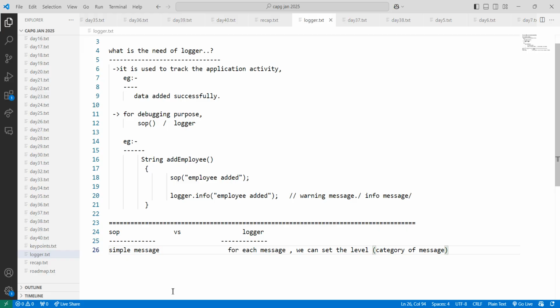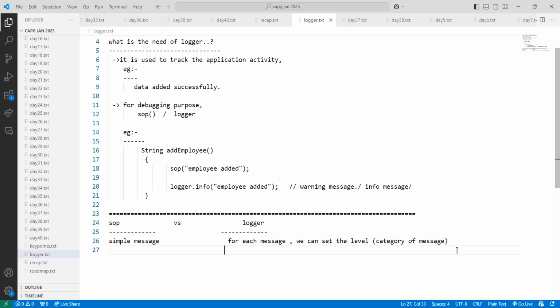I'll tell you, for each message, we can set the level, the category of message. We say it as log levels. If you see the practical, it is very easy, but the theory you have to understand.